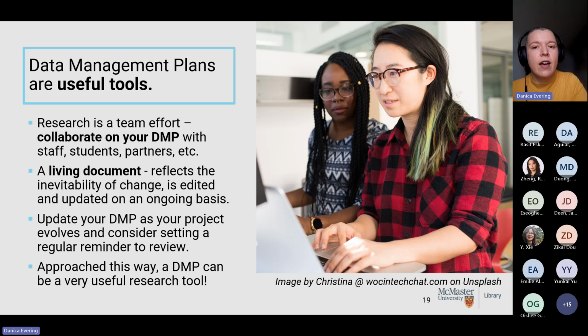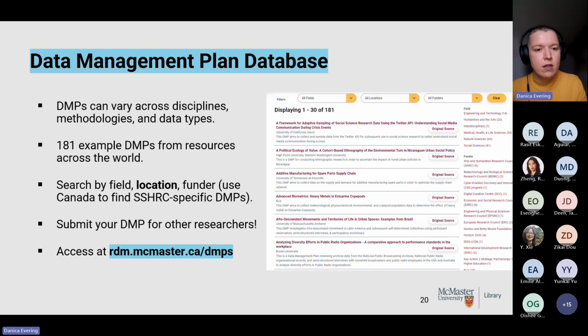So we're seeing a lot of labs now developing data management plans as a workflow or onboarding or process document. And even if they're not applying for a grant, they just do it to organize their team. It's really helpful for accountability and good data practices. So when someone new comes to the group, they read the DMP and get up to speed that way.